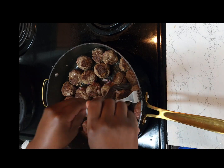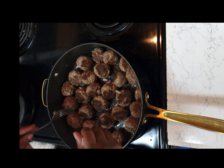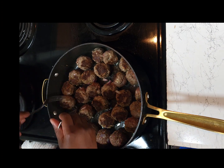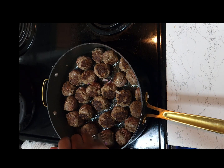When flipping these over, I suggest using forks. They can fit in between each meatball and it's easier to flip them. Yes, you do have to do this one by one. It does not take as long as it seems. I promise I'm going to keep you in and out of the kitchen in 30 minutes. Once you have flipped each and every individual meatball,